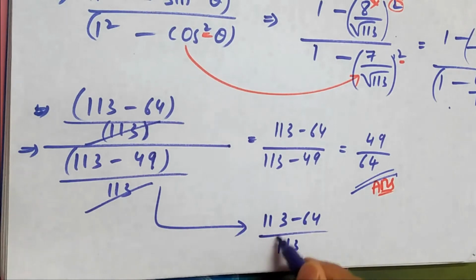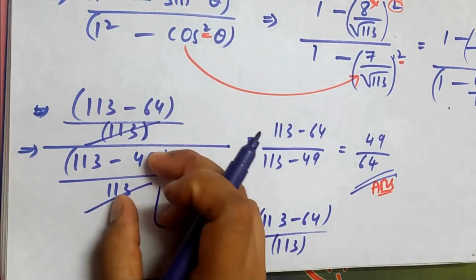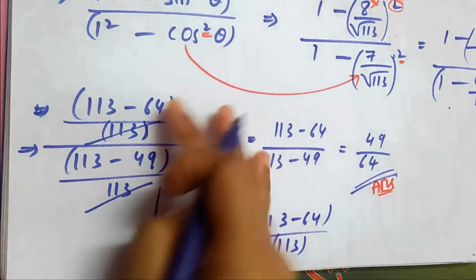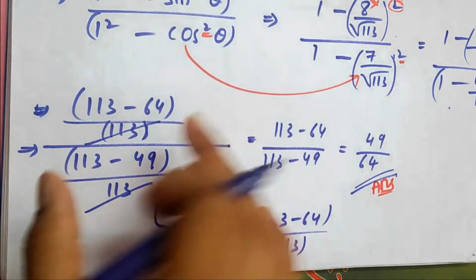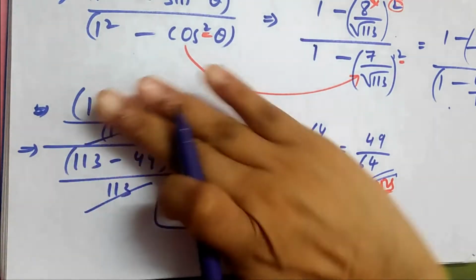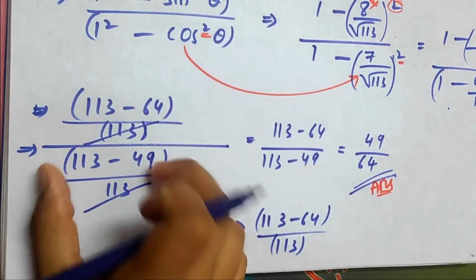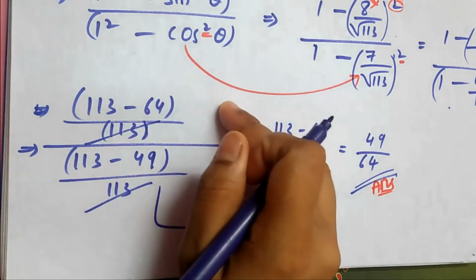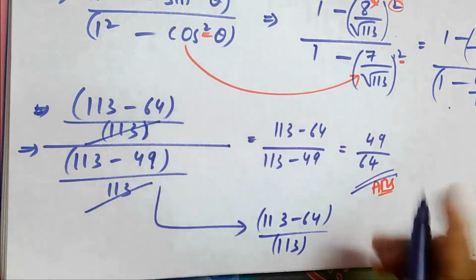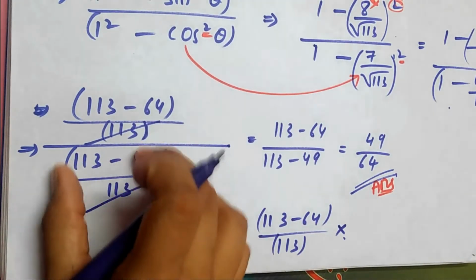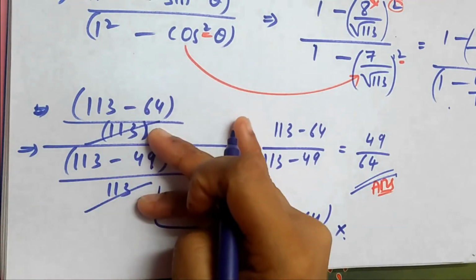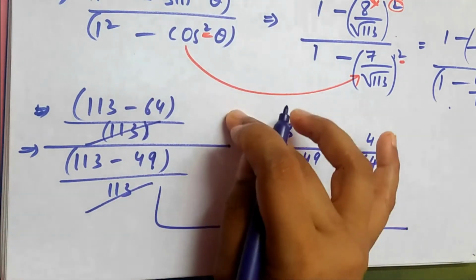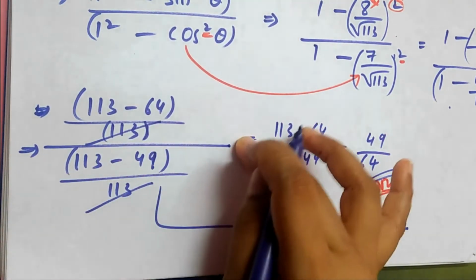113, something which is there in the denominator. When we have so many values, we will get confused about what the denominator is. What we do is take this upper value as it is and take this value, which is the whole of the denominator value, to the other side, taking the division as multiplication. When we take the division as multiplication, the things get inverted. So this 113 divided by this 113 goes up and this 113 minus 49 goes down.